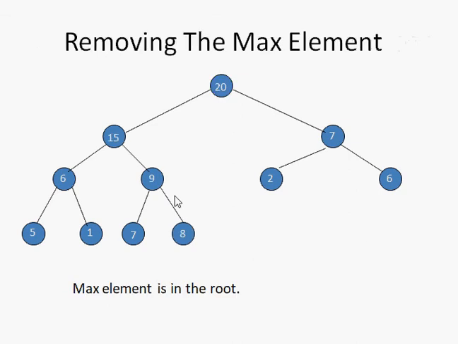Now let us look at how you remove an element. For removing an element, always the root element is removed. So 20 is the root element, and this will be the element which you will be removing. After removing, you have to ensure that this max tree doesn't violate the max tree rule. That is, it should be a complete binary tree, which means you have to find the node which you are supposed to delete and make the arrangements accordingly.